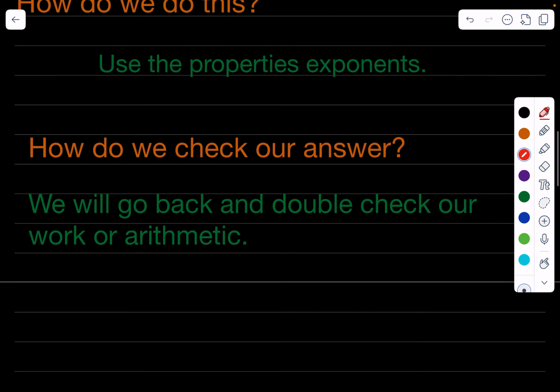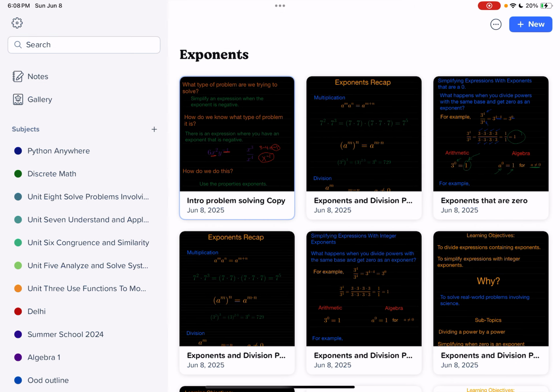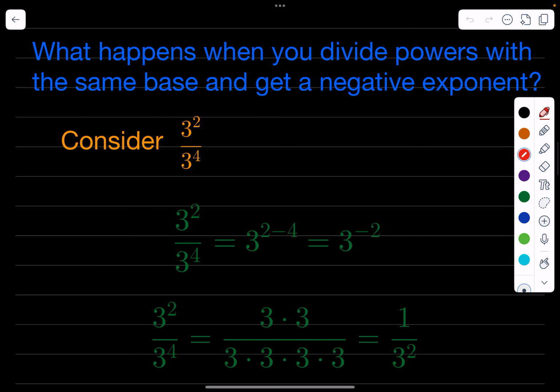How do we check our answer? The same as the rest of the videos we've talked about with exponents. We don't have an equation, so there's not anything we can plug in, but we can always go back and double check our work in our arithmetic, which is why we show our work, so we can go back and double check it. So we've answered our 4 questions. Let's get into it. All right, so